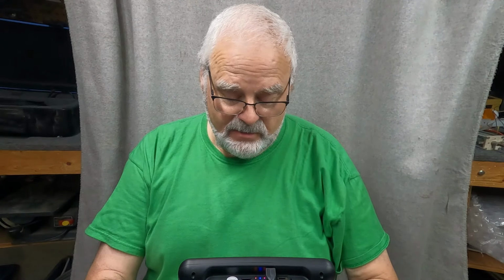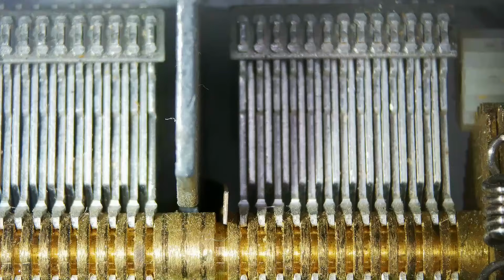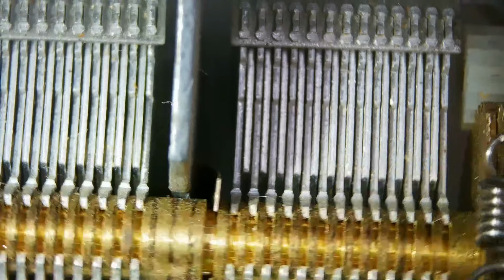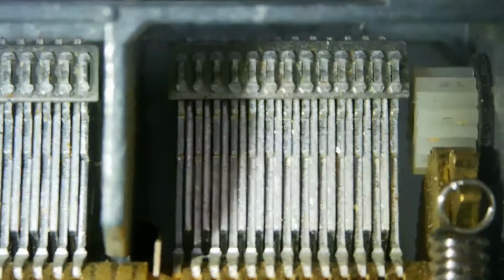I'm going to go from that one. Let's see if this works. Go from that one, which is one capacitor, and let's look at this one and look at the spacing in between these. Now you imagine if you ever bent one of these, how much fun it would be to try to straighten that out. And I'll turn this so you can see that. Okay, you can see the spacing in between those. You could come down even more,